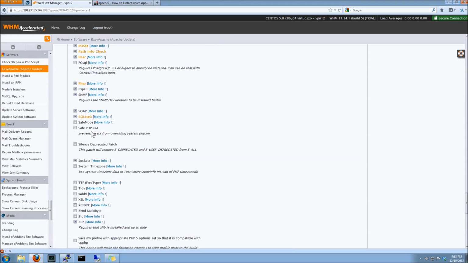I will talk about these two real quick. Safe mode. A lot of people are under the assumption that safe mode means you can't get hacked, you're protected. No, safe mode has actually been deprecated and it's probably not been used since the very, very early days of PHP 5, if that. Safe mode was an idea to automatically disable